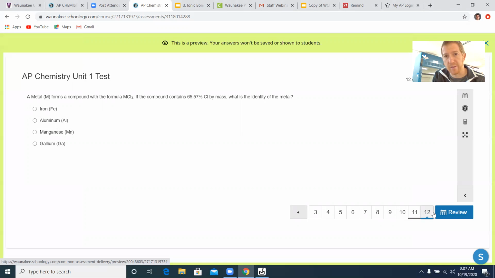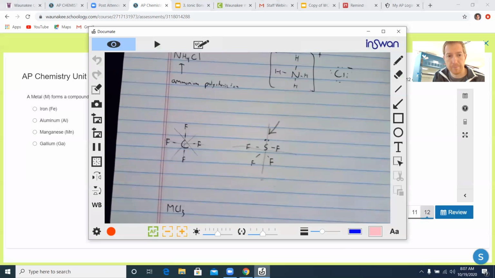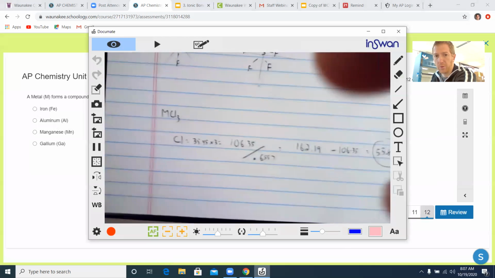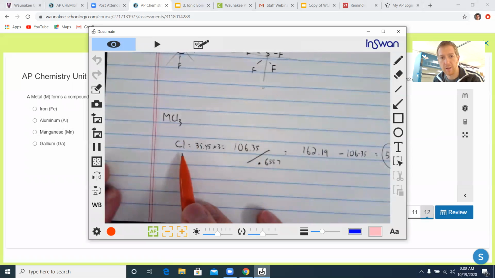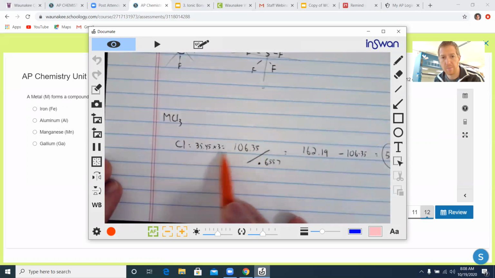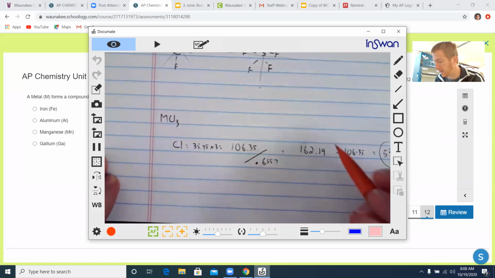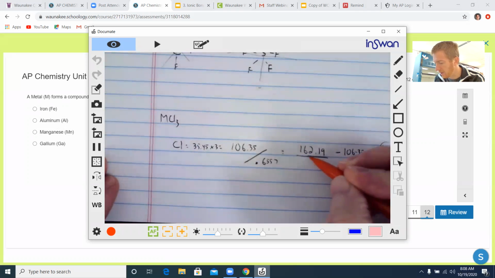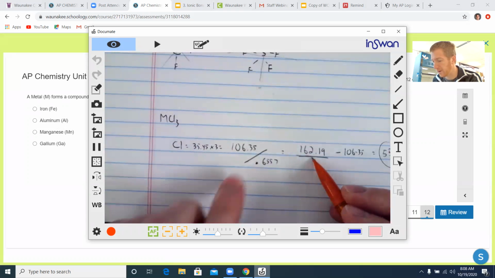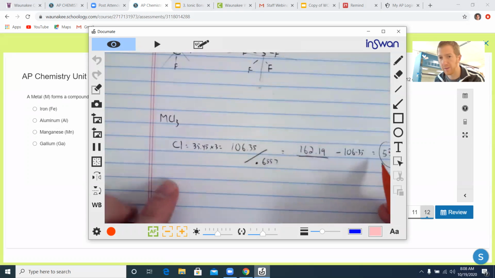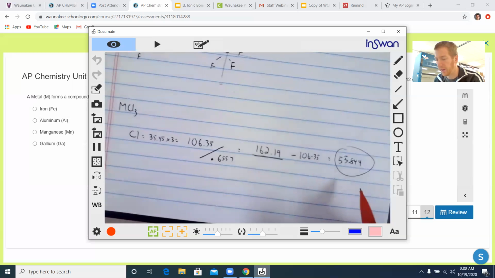Okay, notice a lot of these unknowns are given to you. So what I would do with this problem is realize that the formula is MCl3. Chlorine I know, times 3, here's the molar mass of chlorine. I would divide it by its percent in order to find the total mass. So this is the total molar mass. Now, if I know the total molar mass and I know the mass due to chlorine, I subtract the two, and I get